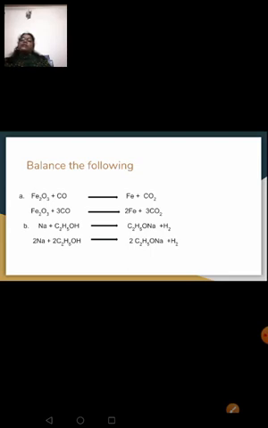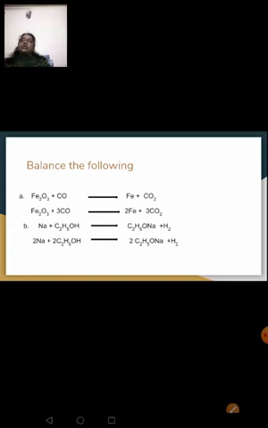Now look at the oxygen atoms here. On the LHS it is 4 and on the RHS I have only 2. So to make it equal, I cannot reduce, I have to increase. When I put a 3, oxygen becomes 6. But carbon is also increasing by 3. So to compensate that, when I write 3CO, my oxygen becomes balanced, because with Fe2O3 I have 3 atoms of oxygen, and here with carbon monoxide you have 3 atoms of oxygen when I put a 3 there. So 3 plus 3 will give you 6. On this side 3 into 2 will give you 6.